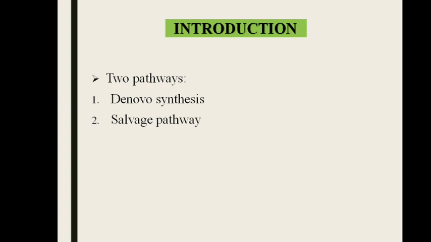because the enzymes that are responsible for purine nucleotide synthesis concerned with the de novo synthesis are not located in these tissues: number 1 brain, number 2 RBC, number 3 leukocytes, number 4 bone marrow. These are the four important tissues which lack de novo synthesis. Hence, in these tissues, to overcome the purine requirement, it is the salvage pathway which is going to operate.